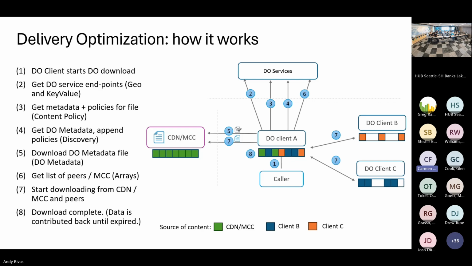I'm trying to remember these things. Content policy. It asks the service, does it know about this content? Is it cached already there? And if so, hand back the information that it knows about this content. In the cache or catalog, what is it? Catalog policy? Is that what I can't remember? Content policy. If content policy is not aware of this content, it then will reach out to something called the